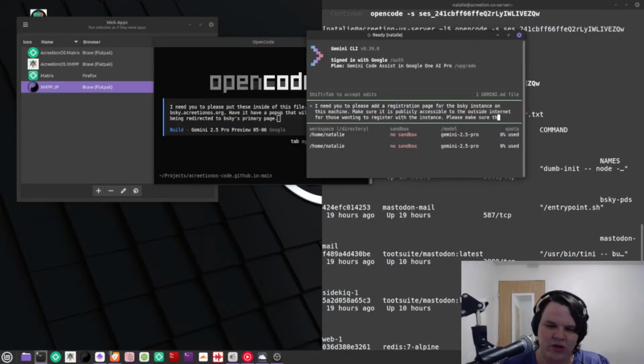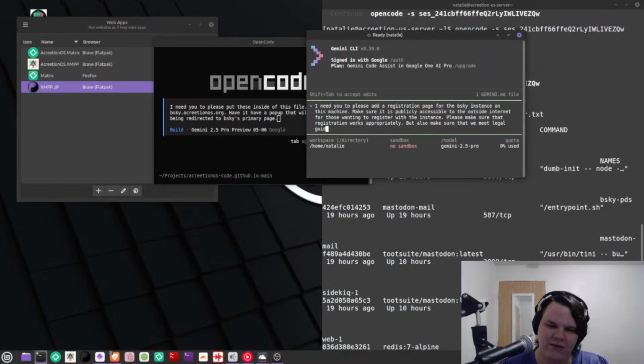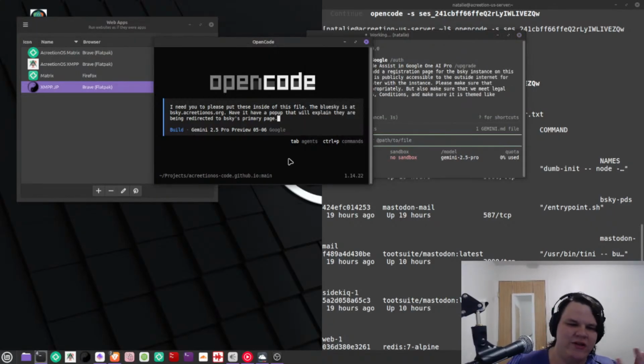Please make sure the registration works appropriately. Also make sure that it meets legal guidelines of a COS conditions and make sure it is themed like inclusionalness. Let that do its thing in the background.